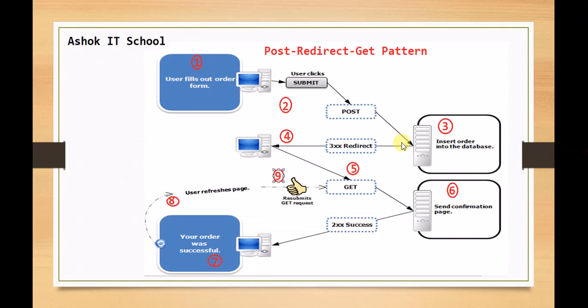All right. So this is the diagram. This is how our code is executing now. Earlier it was executing with a double posting scenario. Now we are able to resolve that. So let's recall quickly here. The form is submitted with the post request, the operation is performed, and it is redirected to the get request method, which is sending a confirmation page. Even if you refresh the page, the get request will be submitted. So it doesn't make any problem because it is an idempotent method.